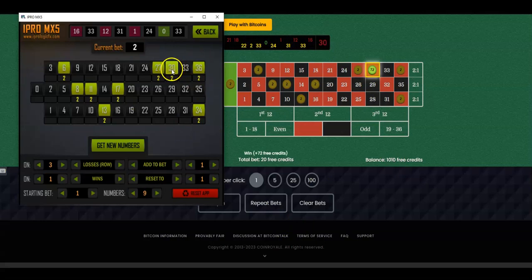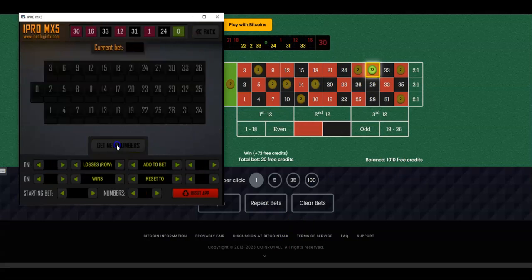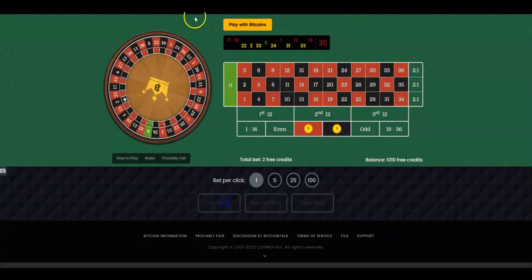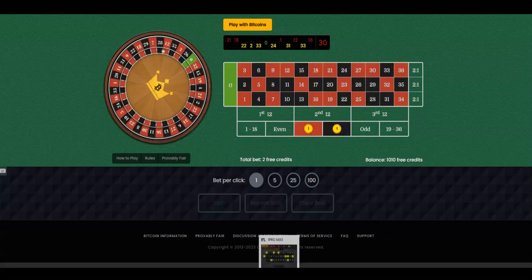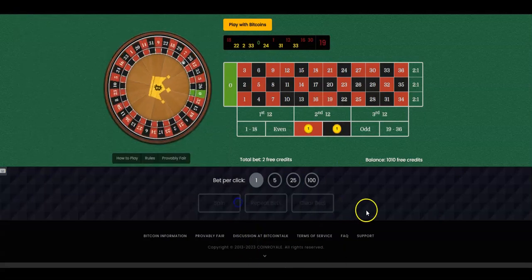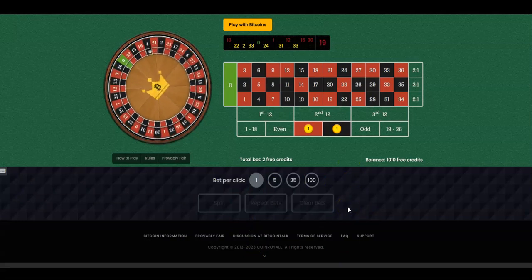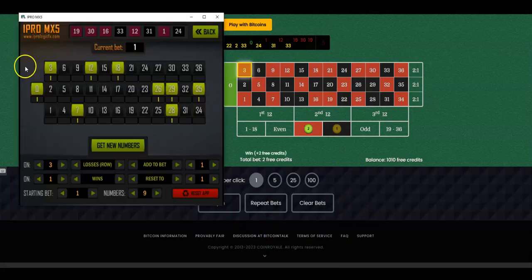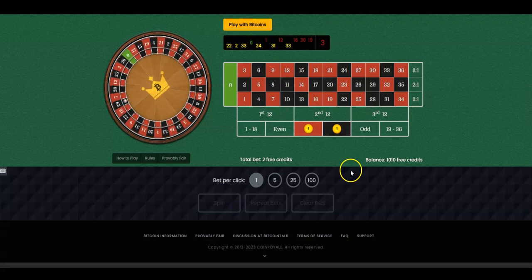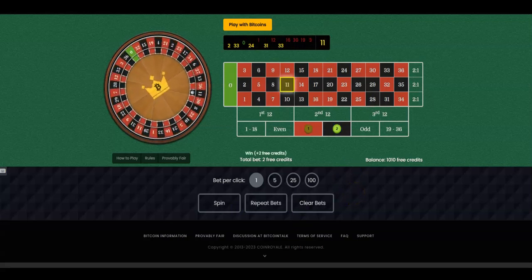Okay, so we're going to put this in. It's 30. And now you're going to hit reset numbers. And now look, you're not betting. I know a lot of times this is going to hit, but you're not betting. Okay, 19. So that's one miss. Okay, 3. Well, you had a hit here. I hope this doesn't go into that scenario again where it just keeps hitting and I can't get a chance